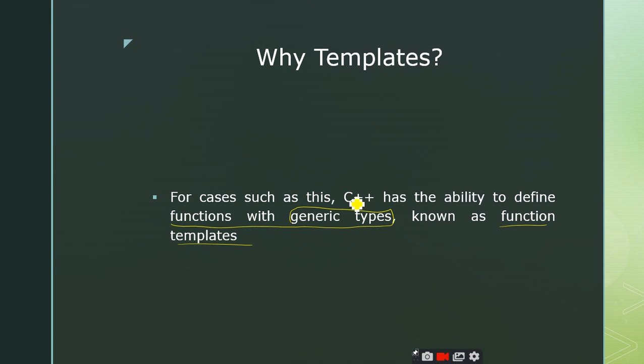C++ is allowing us to define a simple code or a generic program which accepts the data types as the parameters, and the user has reduced his work of redundancy or repeating the same set of instructions for different data types. Right. So this is the concept of generic programming.